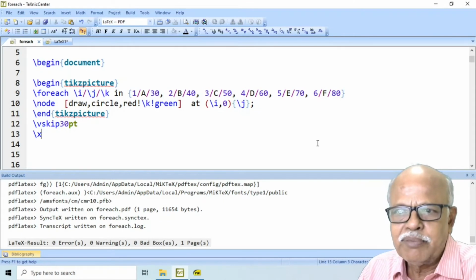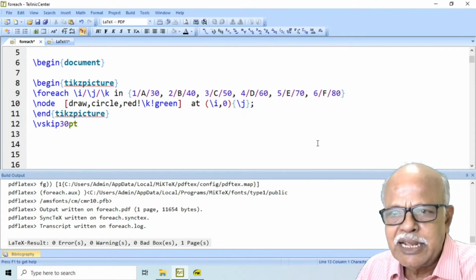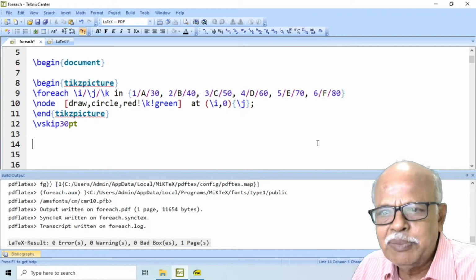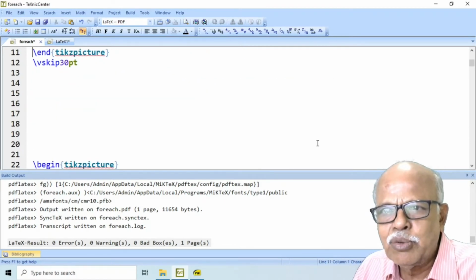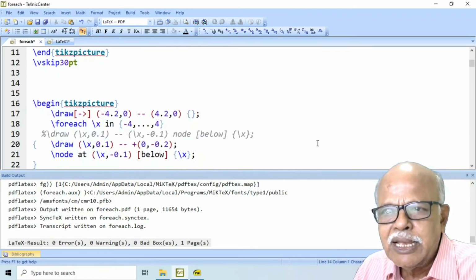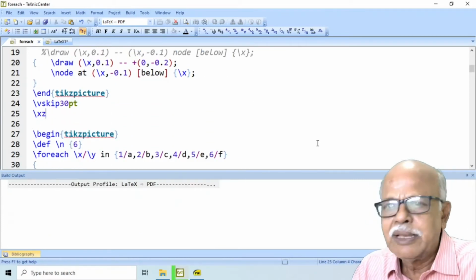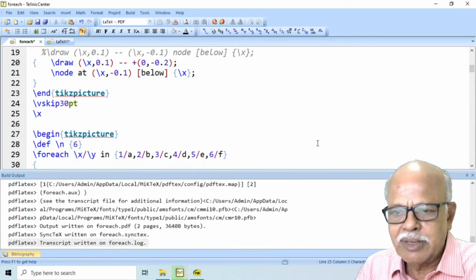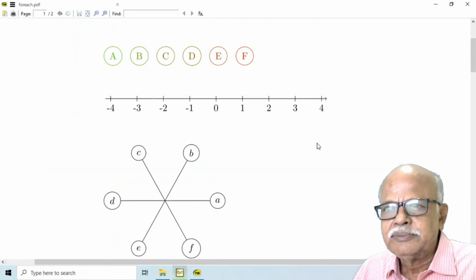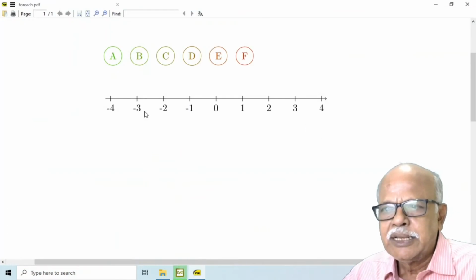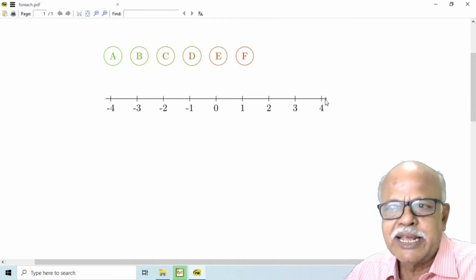Now, let us consider another case. This will be useful whenever you would like to have text labels on the axis. Here you have the axis line.